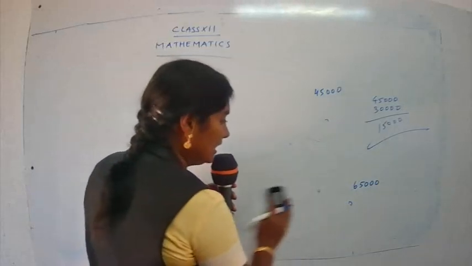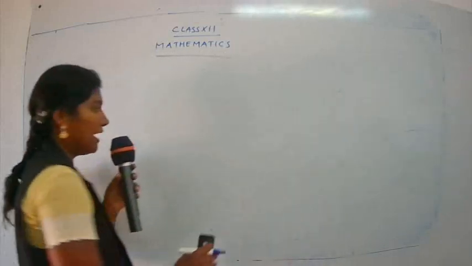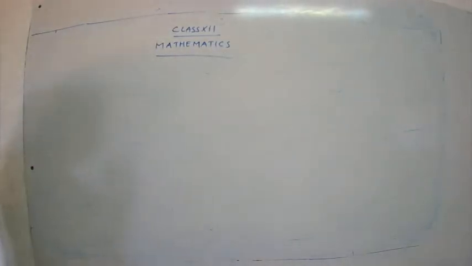If you have 3 equations, then how many unknowns do you have to find? 3 unknowns will be there. If you have variables x, y, then the number of unknowns will be 2. If you have 3 variables, the number of unknowns will be 3. Okay. So now, how are you going to find the number of unknowns? By the number of variables.